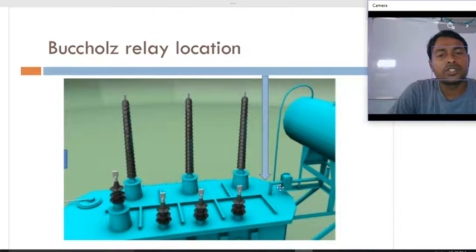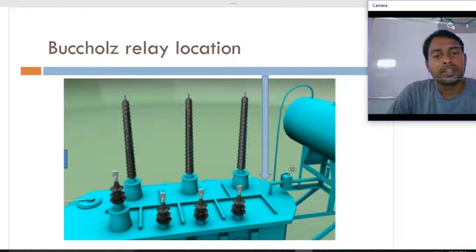The function of the Buchholz relay is, whenever a coil to coil short circuit takes place, a turn to turn short circuit takes place, or a transformer winding to core short circuit takes place, in such cases huge gas will be released. If the fault is small, this Buchholz relay will provide an alarm, so that the person working in the substation will be alerted and will disconnect the supply.